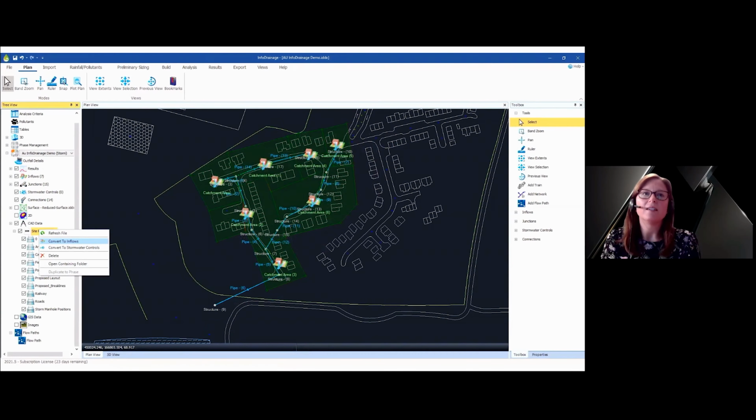Though catchment areas are not currently supported, they can be quickly imported from a drawing file if we load that as background data by using the option to convert one of the layers to inflows. That generates the catchment areas seen in green here. We could also import that from a separate CAD file or from a GIS file.